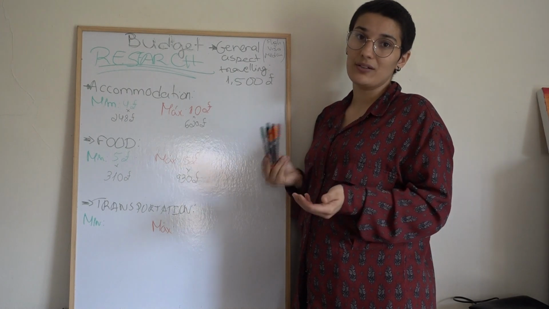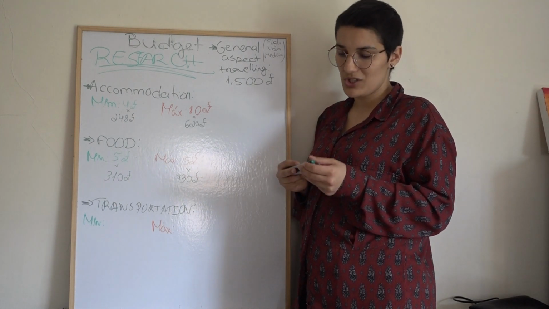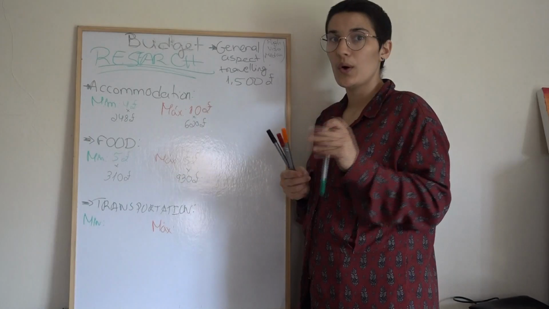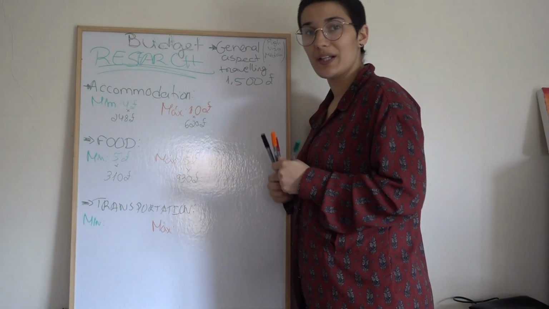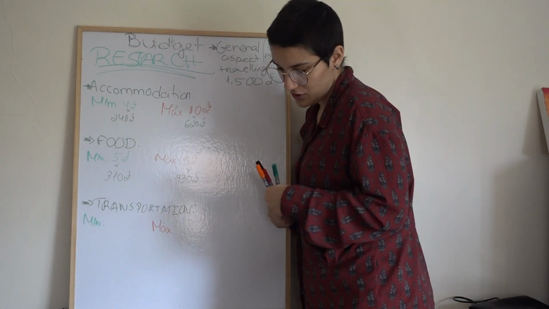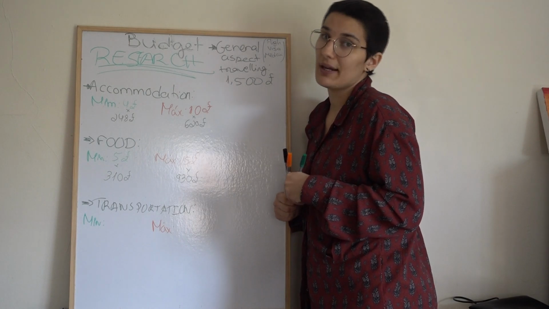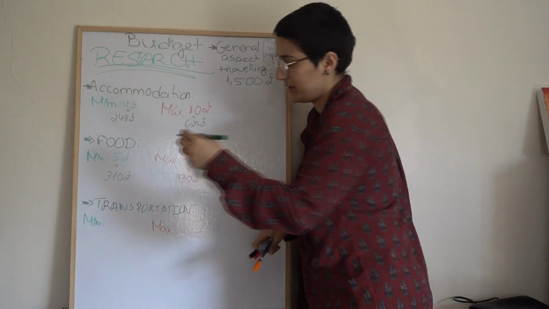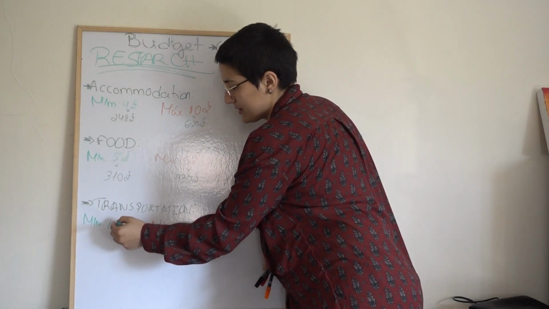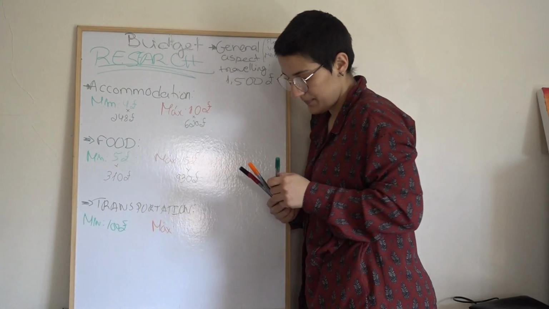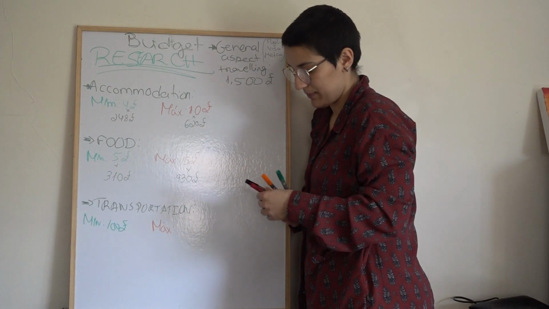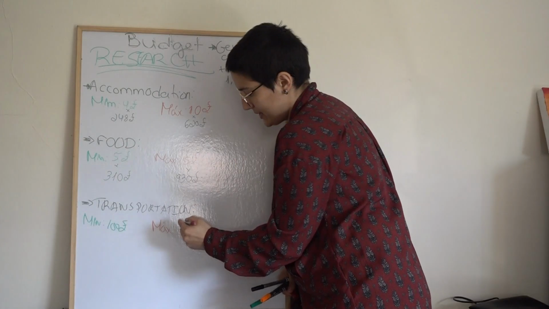I already have my itinerary more or less sorted out, so I know the number of traveling that I need to do inside the country. Minimum that I estimated that I'm going to spend in transportation in Thailand, it's 100 pounds, and the maximum is 300